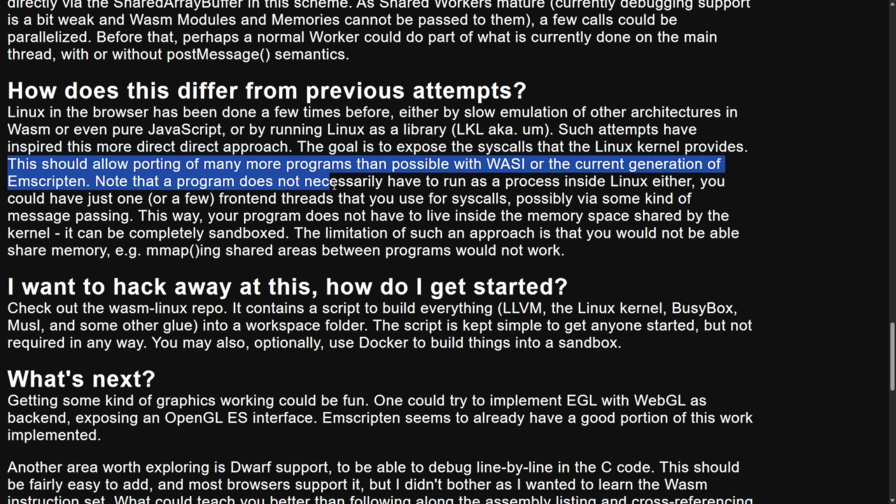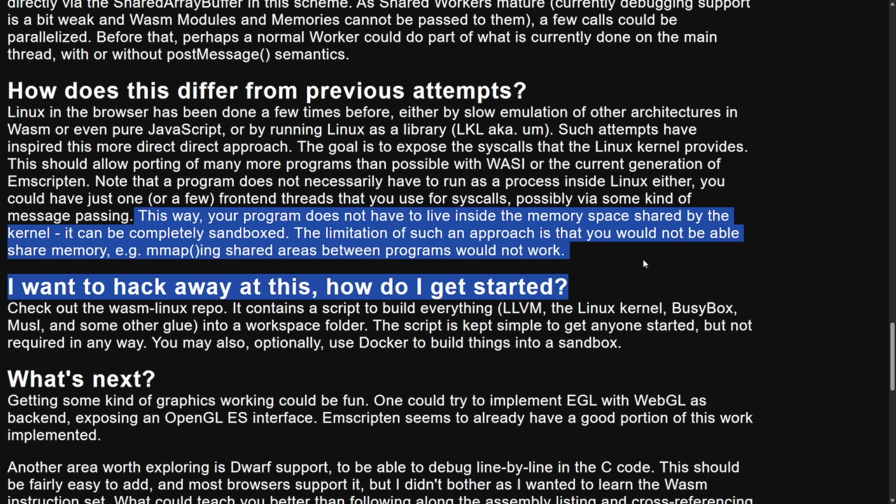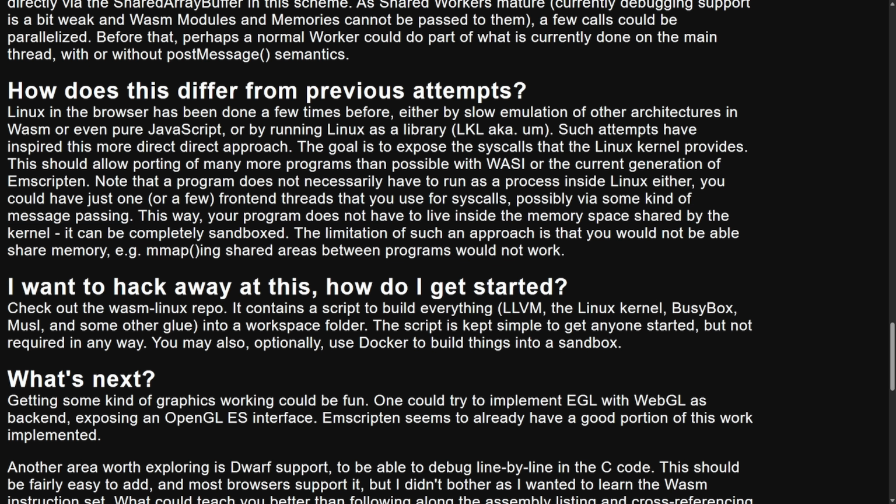Note that the program does not necessarily have to run as a process inside of Linux either. You could just have one or a few front-end threads that you use for system calls, possibly via some kind of message passing. This way, your program does not have to live inside the memory space shared by the kernel. It is completely sandboxed. The limitation of such an approach is that you would not be able to share memory between programs. So to simplify this a little bit, current implementations on Linux in the browser, or at least attempts,